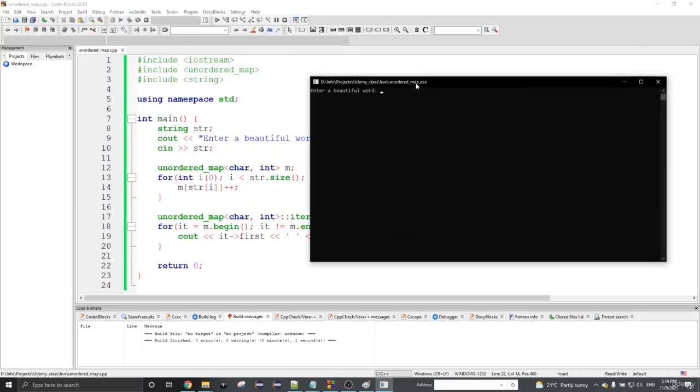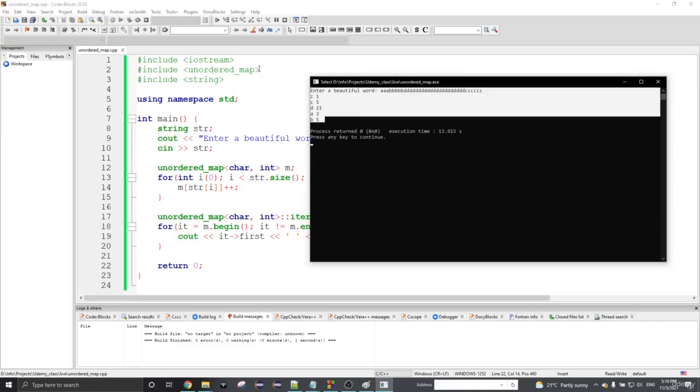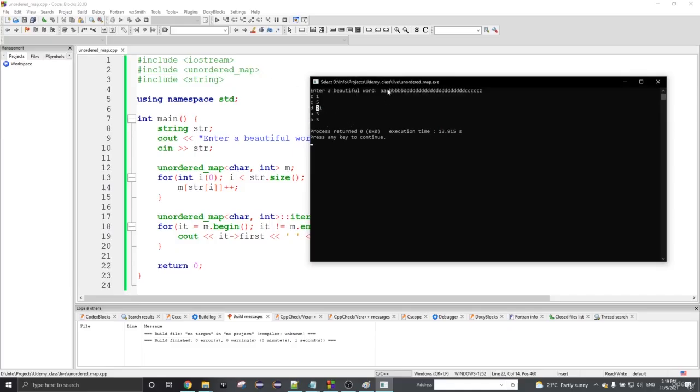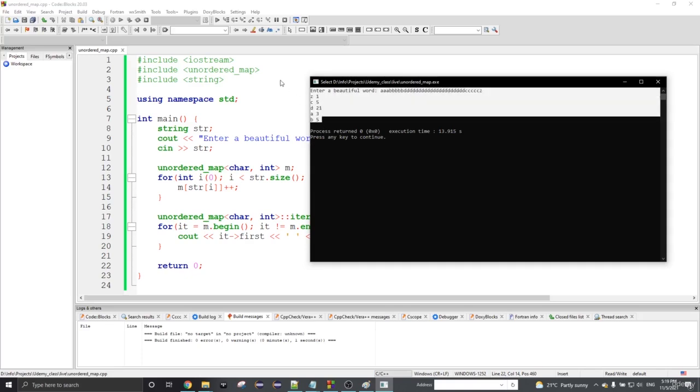So we won't write an actual word, so let's say A 3 times, B a lot of times, D way too many times, and a couple of C's, and the Z at the end. And as you can see, we got them again in a completely random order. Alright, 21 D's, quite a lot of them. But we entered A, then the B's, afterwards the D's, C, and Z. So there's no